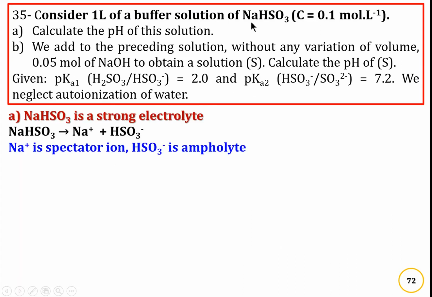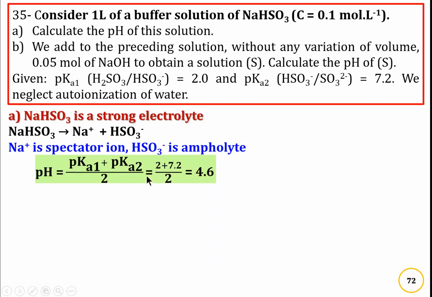NaHSO3 is a strong electrolyte since no value of Ksp of the salt is given. So NaHSO3 dissociates completely to Na+ and HSO3−. Na+ in the solution is a spectator. HSO3− is an ampholyte. So the pH of the NaHSO3 solution is the pH of the ampholyte HSO3−. So pH equals half of pKa1 plus pKa2, equal